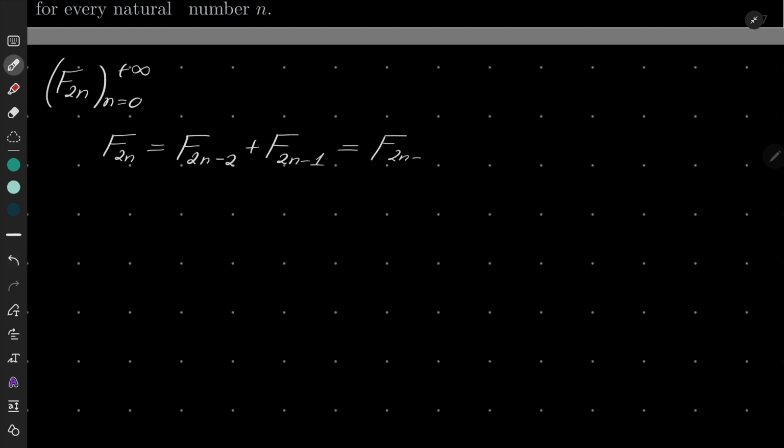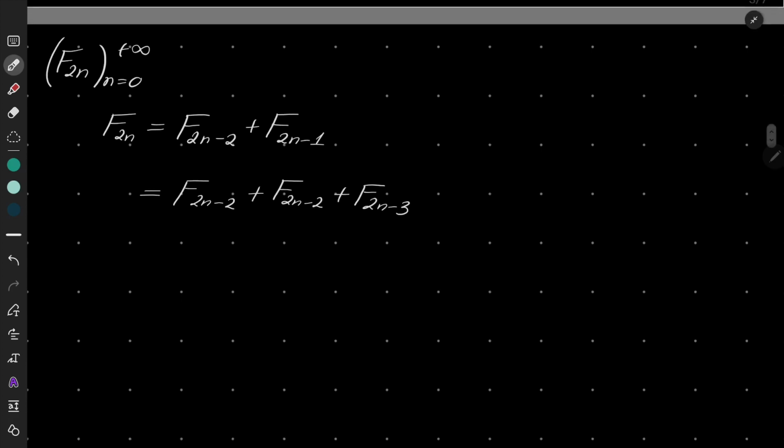So what can we do? Well, we can use our recursion once again. So it's F of 2n - 2 plus, what is F of 2n - 1? Well, it's F of 2n - 2 plus F of 2n - 3. So we have 2 times F of 2n - 2, and we have F of 2n - 3. Again, the index is odd, so we want to roll our recursion. So we have F of 2n - 4 plus F of 2n - 5, and again